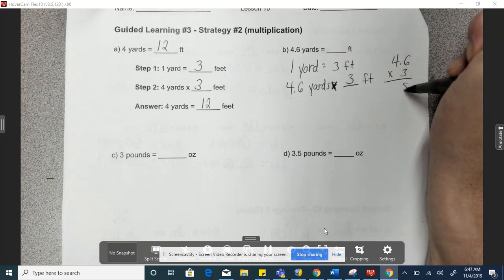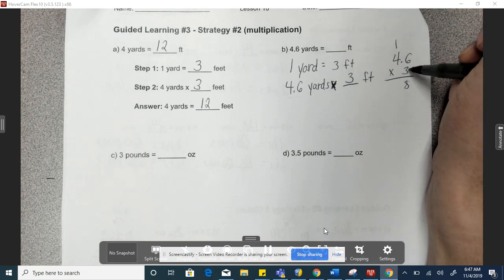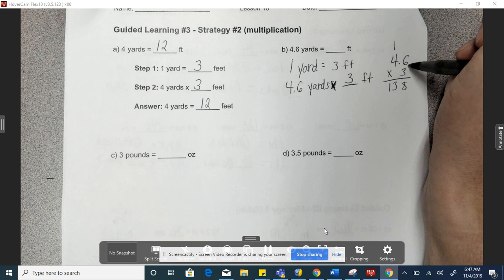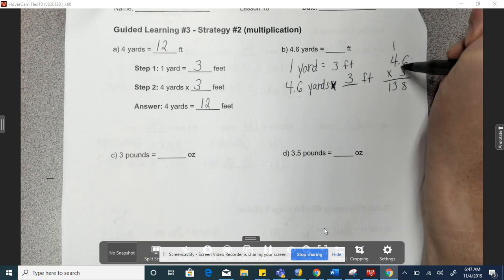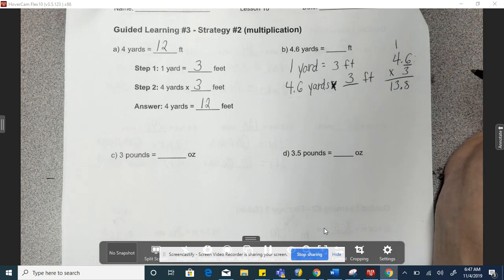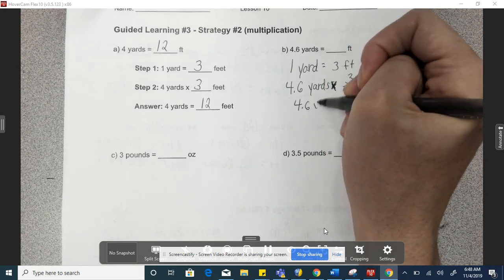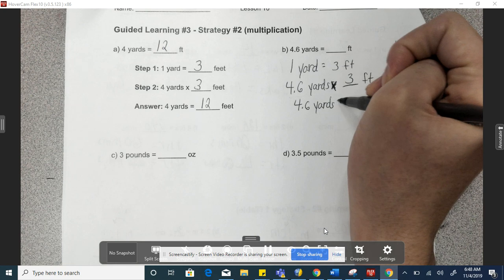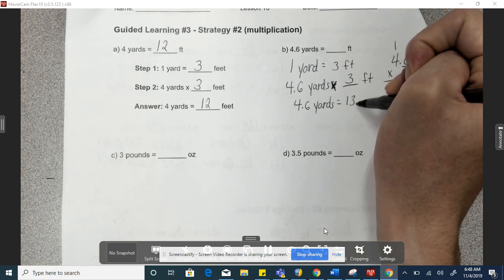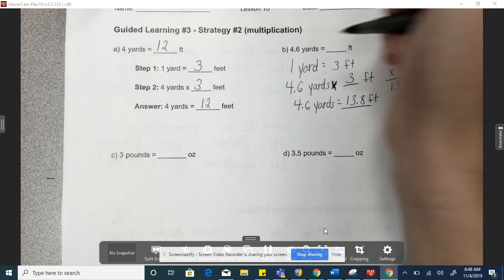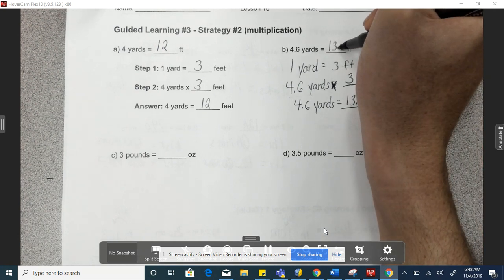3 times 6 is 18. Carry the 1. 3 times 4 is 12. Plus 1 is 13. This is in the 10th place. So I know my answer is going to be in the 10th place. So 4 6/10 yards equals 13 8/10 feet. So my answer is 13